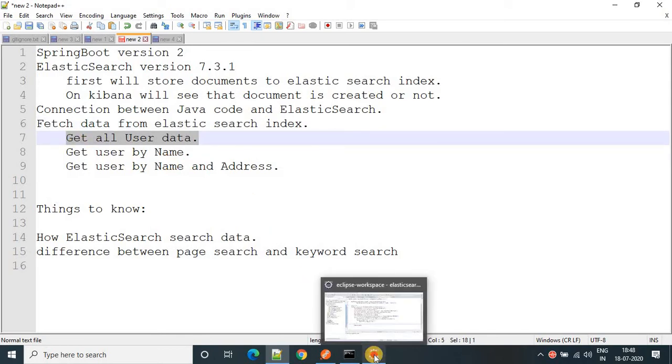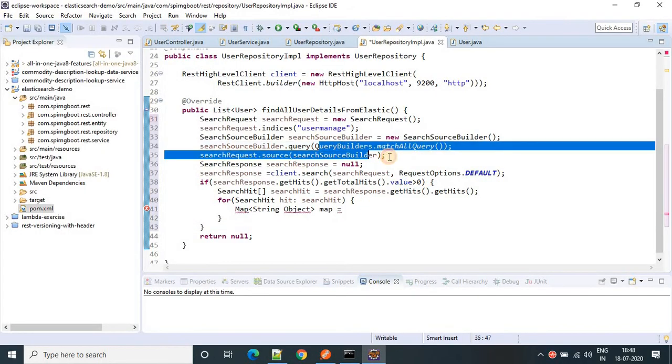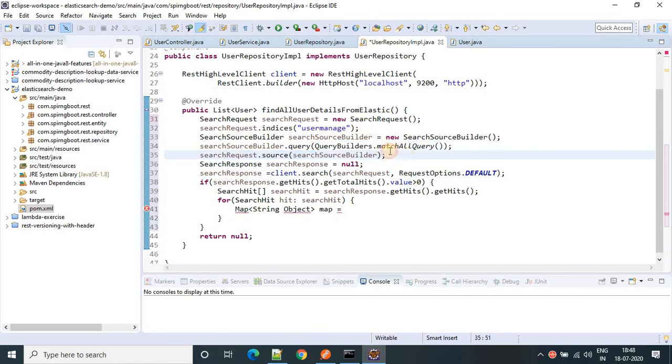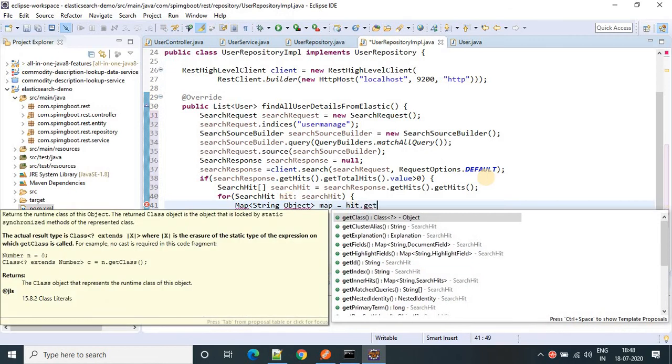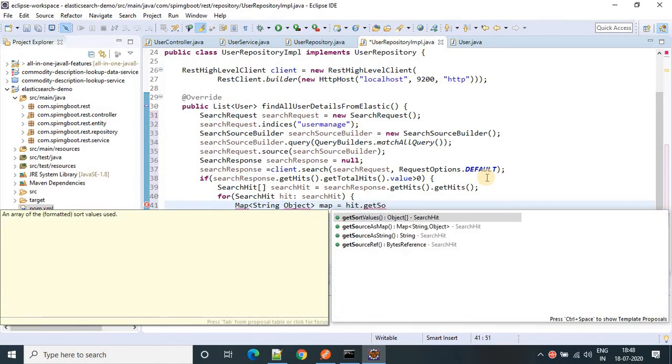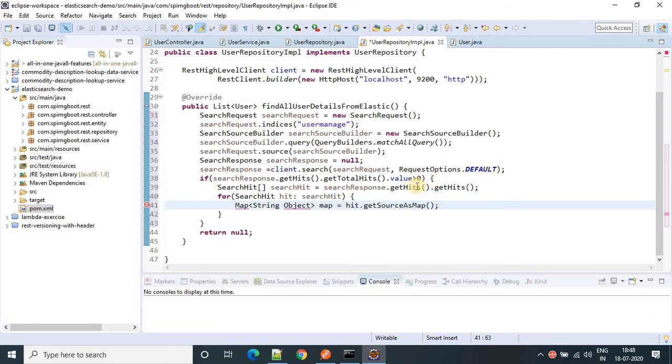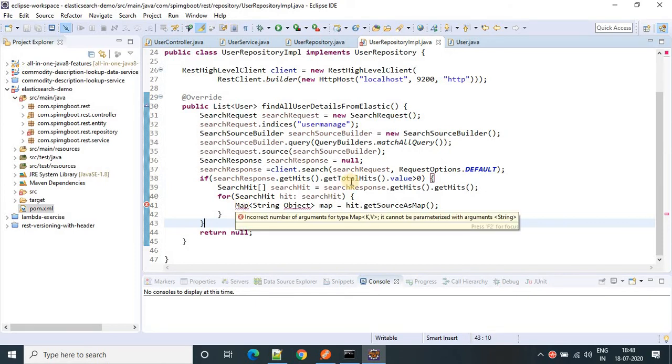Only one thing will be changed, that is the query. Here we are calling the method match all query because we need all the data. But for a single parameter or double parameter, the query will be different. I will let you know once this is complete. Okay, so hit dot get source as map. Import the package.